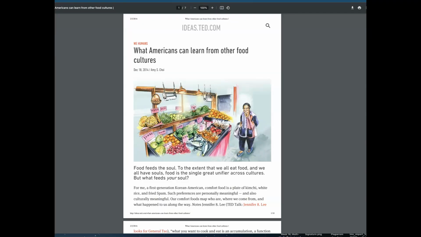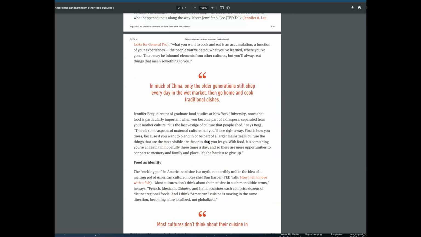So if you open up the article, you'll see that there are a lot of quotes in here. So she notes Chef Dan Barber, the melting pot, most cultures don't think about their cuisine in such monolithic terms, he says. So we need to credit Dan Barber for those words. But another thing to consider is, what does he mean by such monolithic terms?